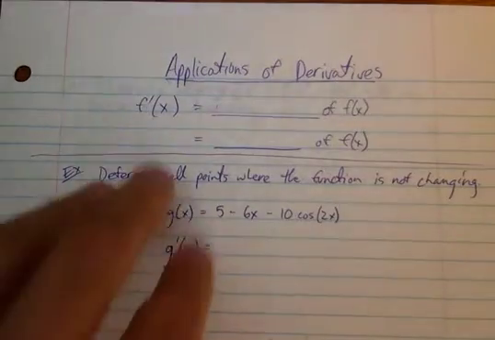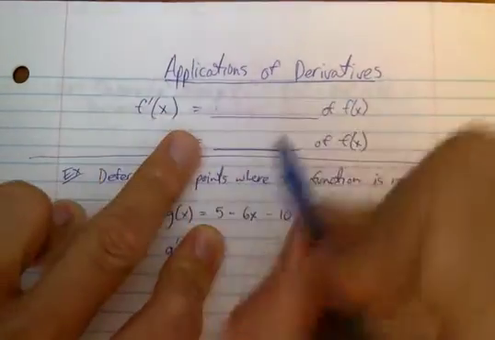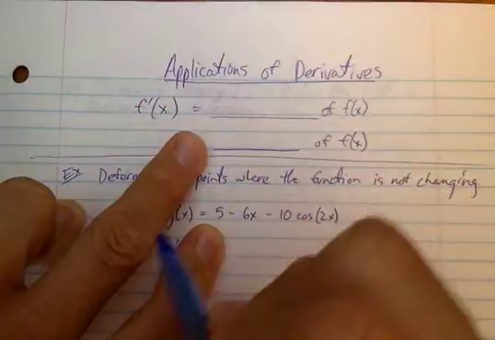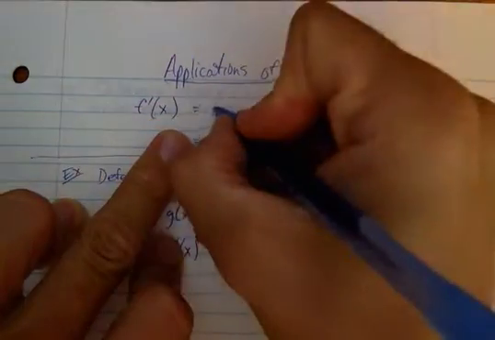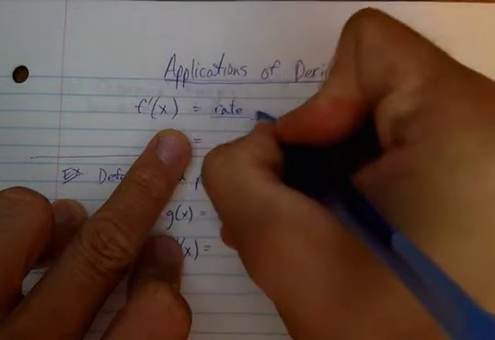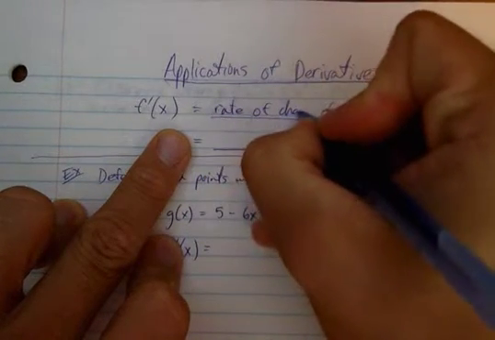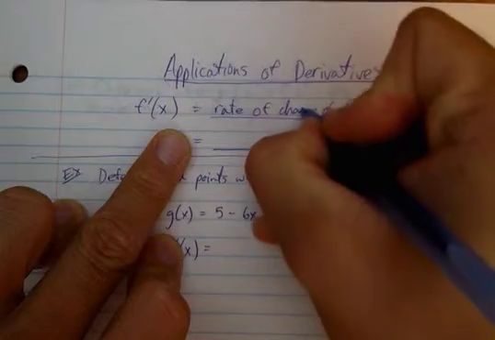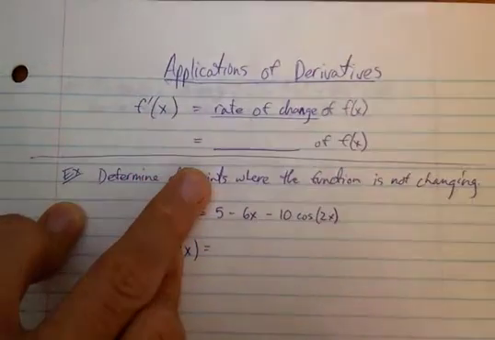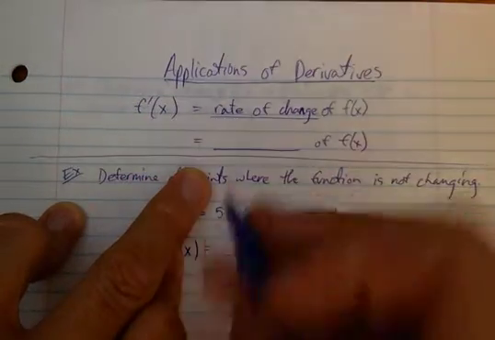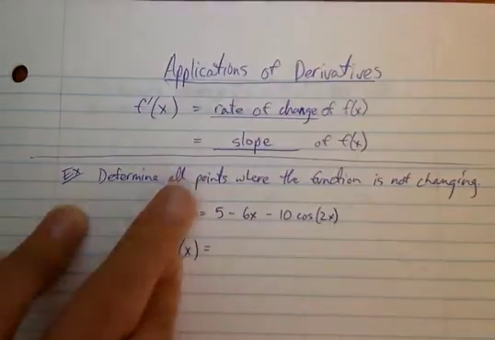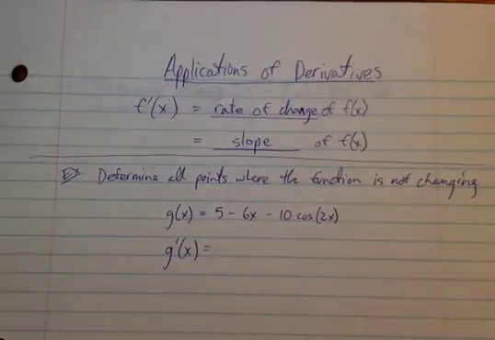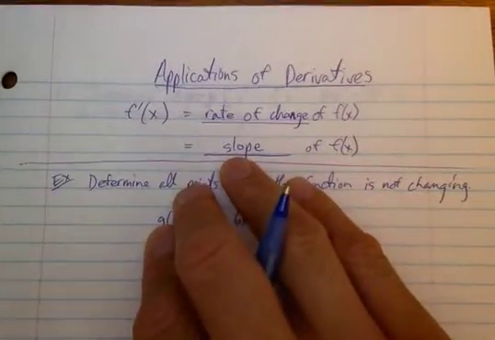So, what does f prime of x tell you about f of x? This is a very basic question. What does it mean? It means the rate of change of f of x. In a simpler way, you could say it tells you the slope of f of x. So if something tells you the slope,